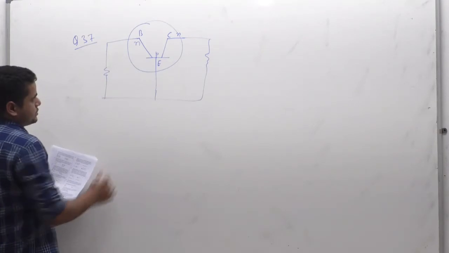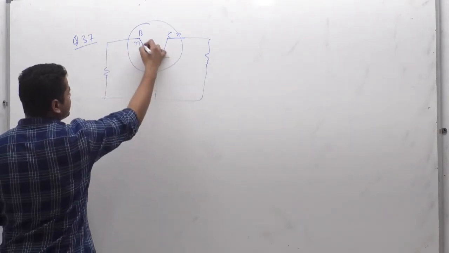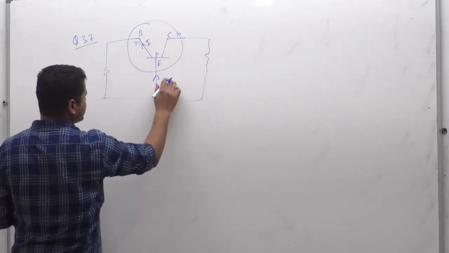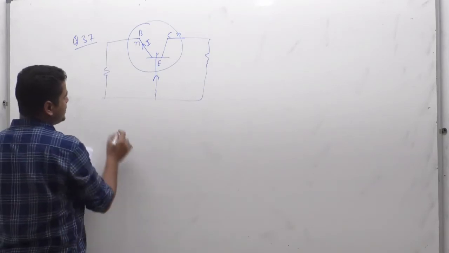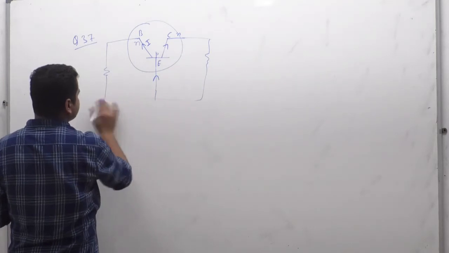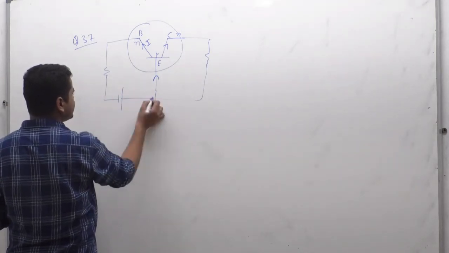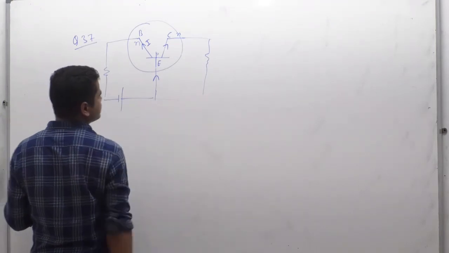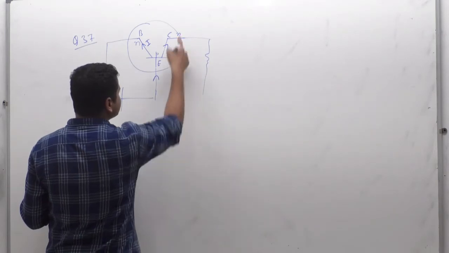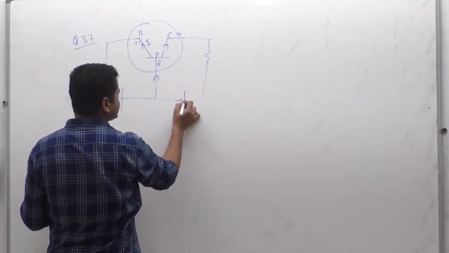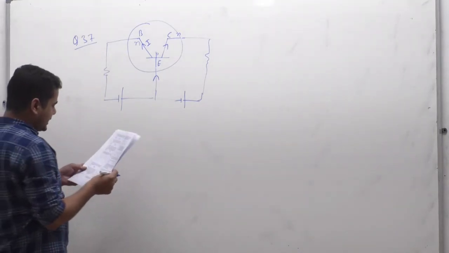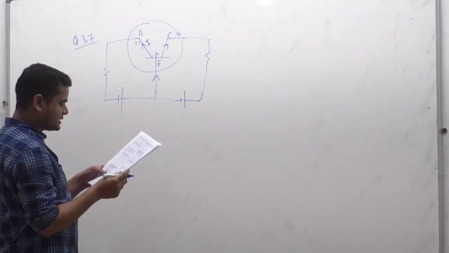So this is the emitter, and for NPN the direction of current is this much; this is the current which is going in this manner. We know the relation like this. There must be some voltage: this is forward biasing, and this will be reverse biasing. Reverse biasing means this is P, so you have to connect it to the positive, and this is N, so you make the negative connections like this. This is the voltage. Now what they have given to us: an NPN transistor is connected in a common emitter configuration in a given amplifier.